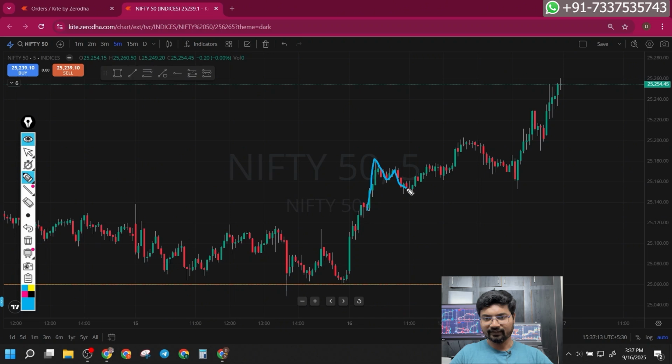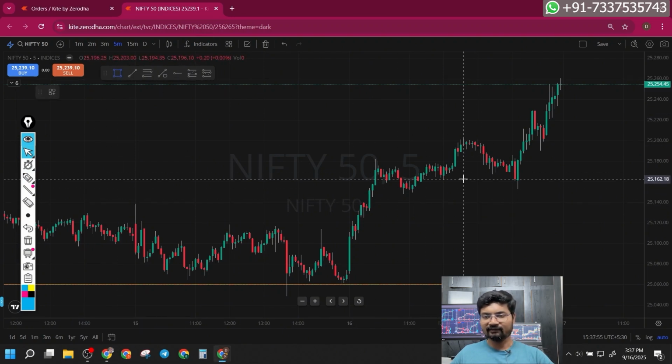It made a high, and after that, it made this low here. It went higher and again retested this low. After that, it went higher. There is no trend change in intraday. It is a bullish trend throughout the day. Even if you are on the right side of the trend, you should have made money today. I'll show you the scalping indicator, how the signals are generated and what happened.